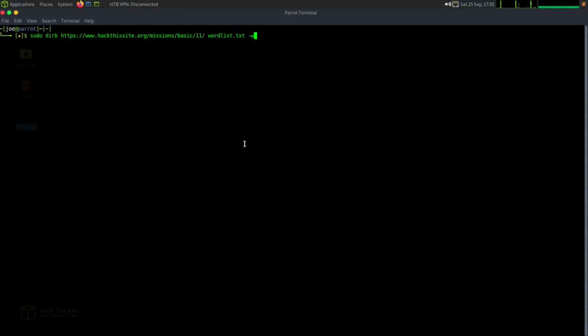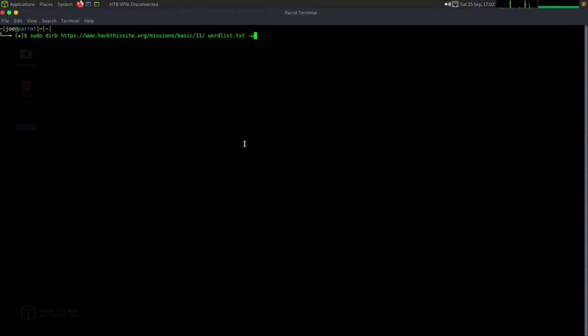Now dirb is a subdirectory brute force enumeration tool. What it will do is it will use a word list and send GET requests to the directories after the path that you specified. If it gets a 200 OK message, it will tell you. If it gets a 404, if it gets a 301, anything like that, it will tell you. The -w that's been appended to it is to go into listable directories. It's sort of a debug mode, but by default, it won't continue scanning directories that are listable, which I like it to do just so I don't have to go and visit it myself.